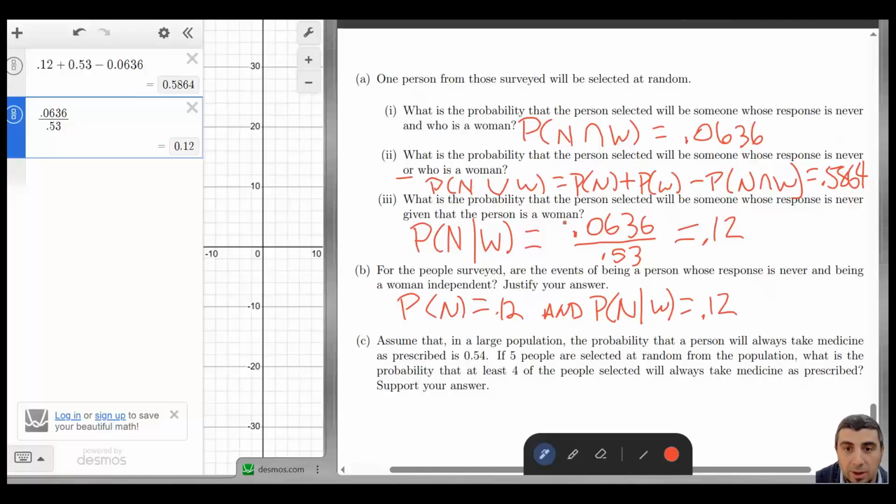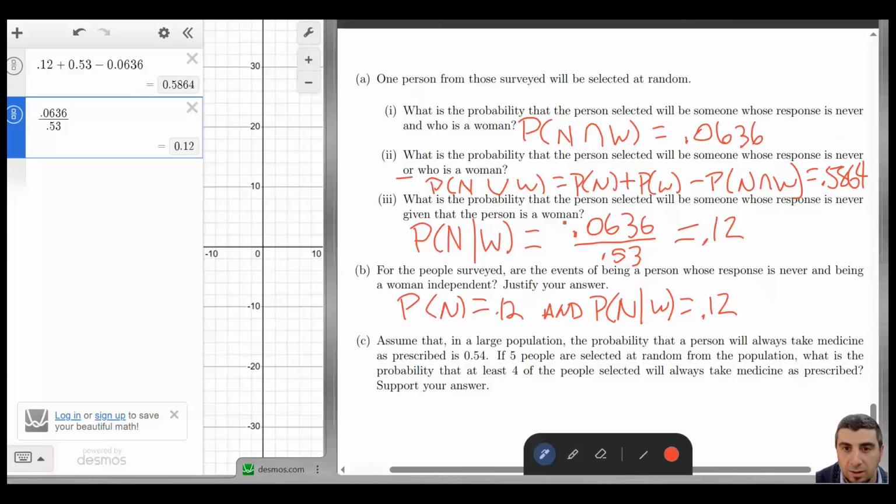So again, let me reiterate, since the conditional probability, probability of never given woman, and marginal probability, probability of never,